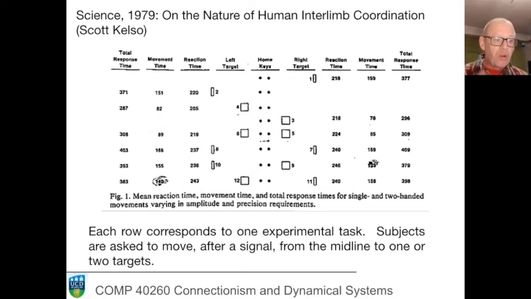First of all, we're going to walk through these lines. On the first line, there's two home keys, and you can see that on this trial, only the right hand is moving, and it's moving to the small distance target labeled 1. So that's right hand only going to the small distance target. And the number of interest here is given as 159, and I'm going to simplify that to 160 milliseconds. So that's the length of time taken for one hand to the distant target.